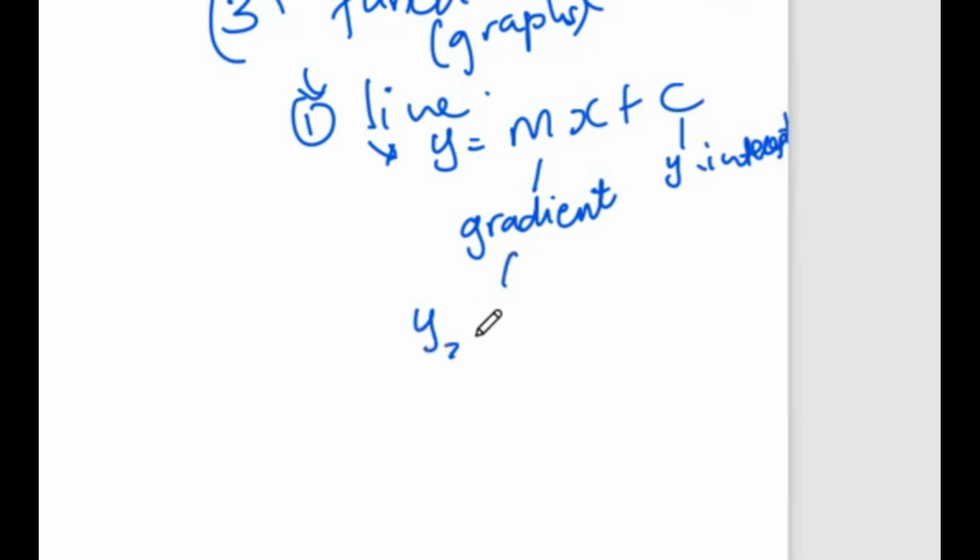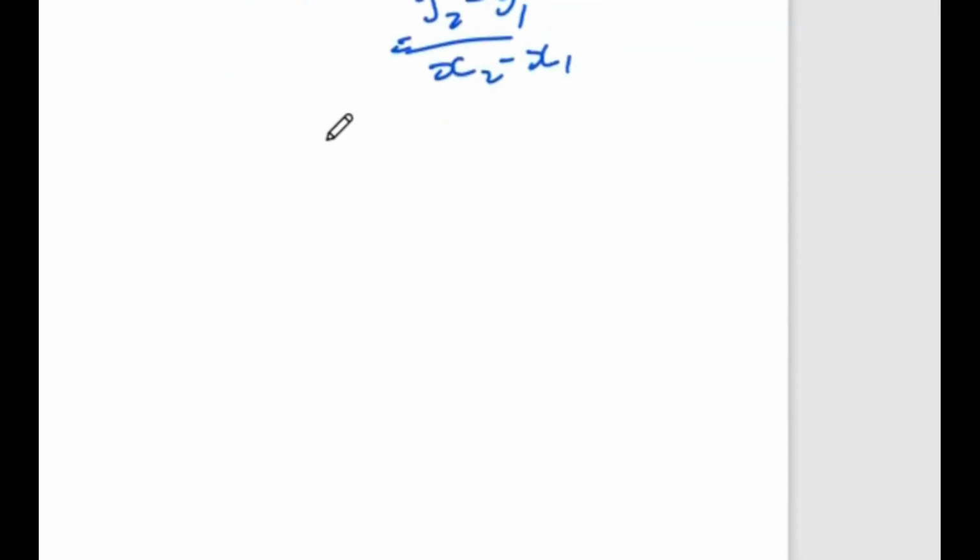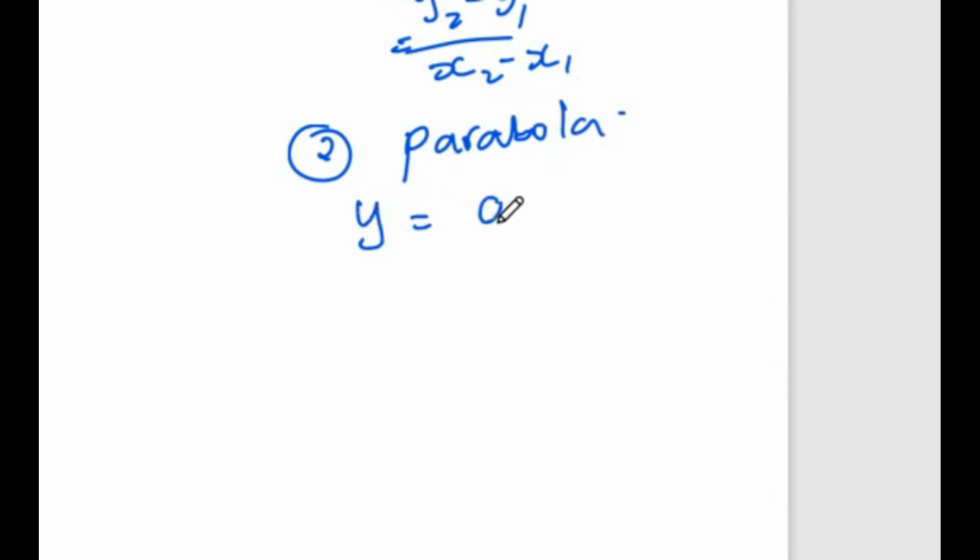You say change in y, y2 minus y1 over x2 minus x1. This we need to know. Okay. For you to get the y-intercept, it will be all about substitution into this general format. Then the second graph that we need to look at and pay attention to is the parabola. Okay. So the grade 10 parabola will always be given in the form of ax squared plus q. In most cases, we say plus q, plus p. We just call it q in this case. Okay, just plus q.